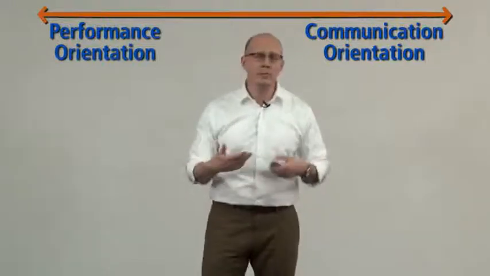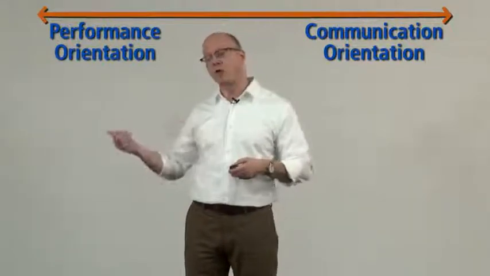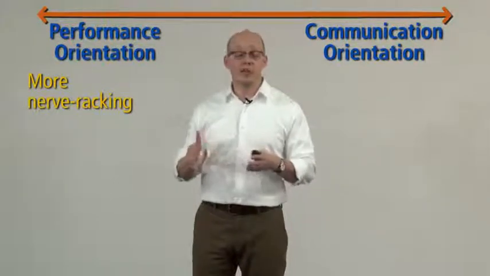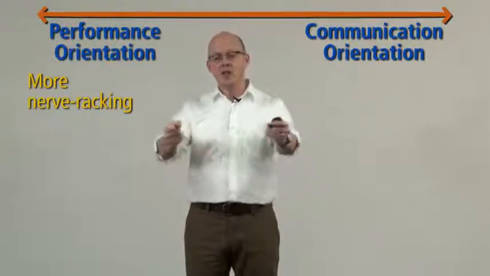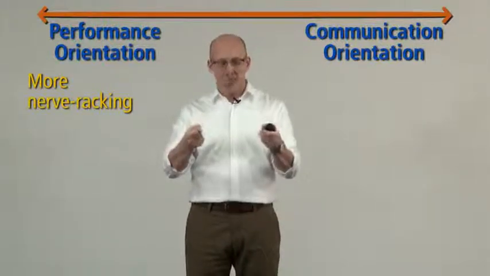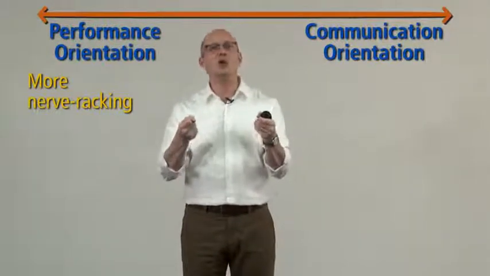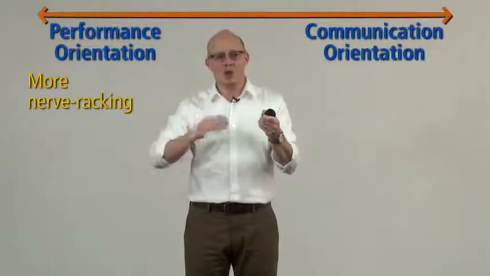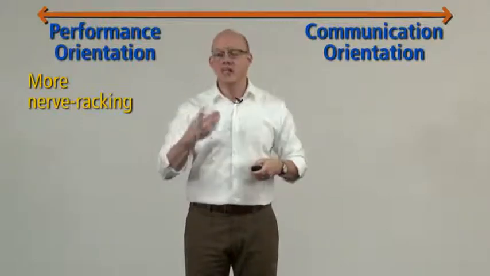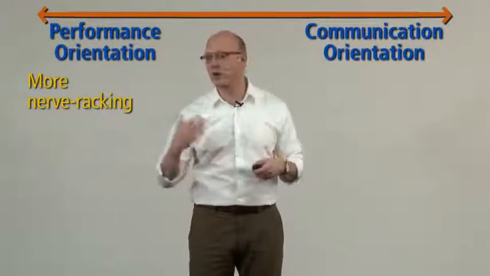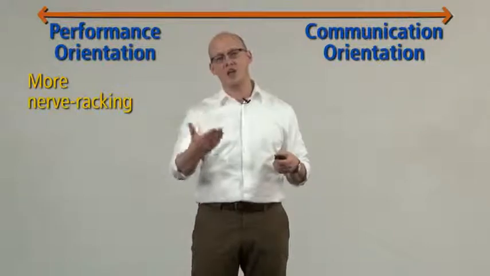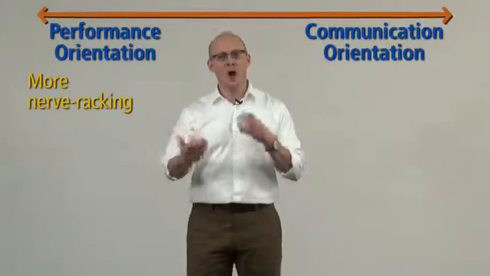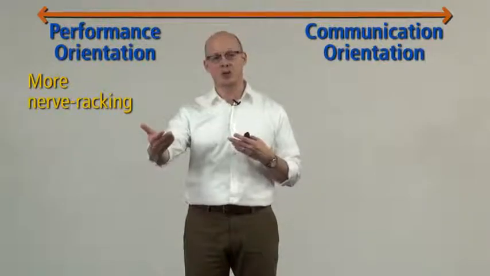Now, we have some indication that a performance orientation can be more nerve-wracking. Certainly, you can think of it this way. If you're reading a speech, if you're reading a manuscript and you get a word wrong, it's wrong. The threshold is pretty low. Now, if you're speaking and you get something wrong, you can adapt. When we speak in conversation, we don't restart a sentence when we get it wrong, right? It's much more dynamic based on our conversational partner.